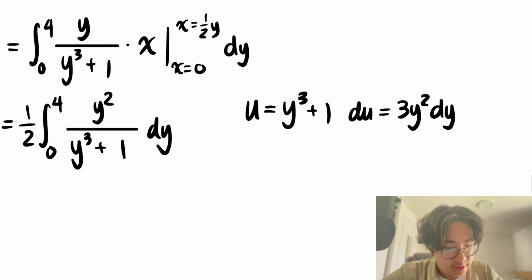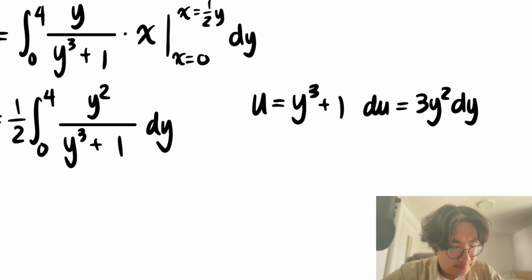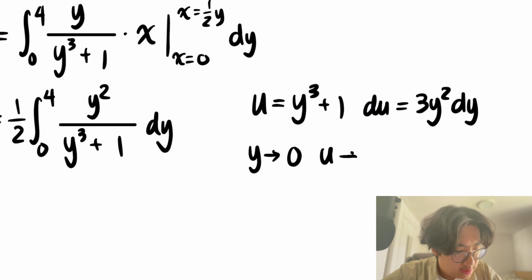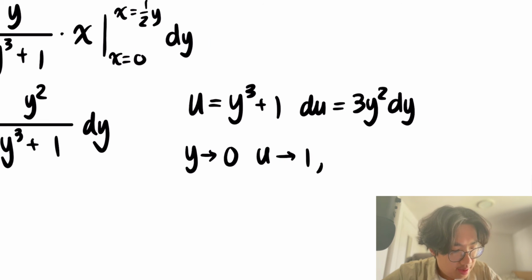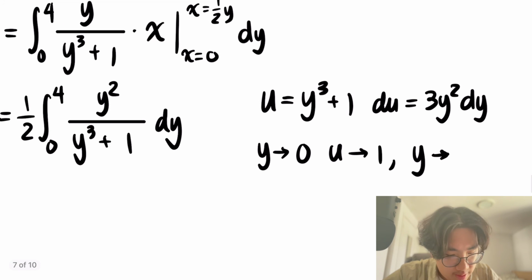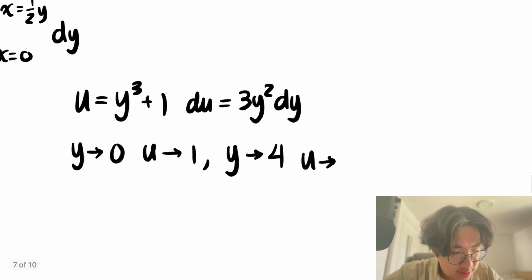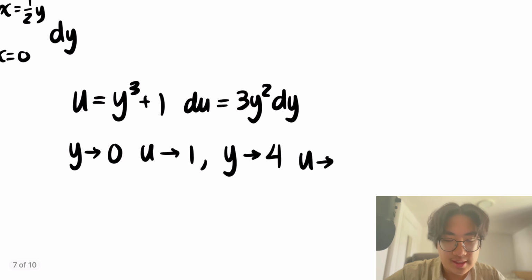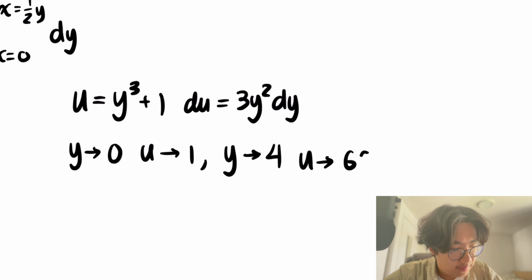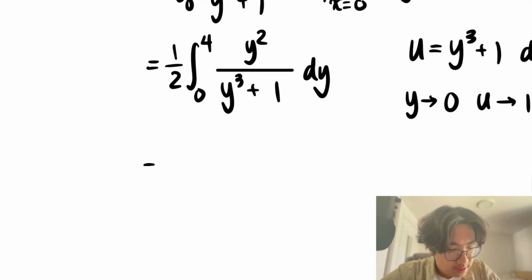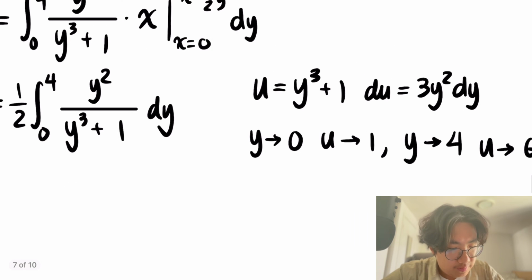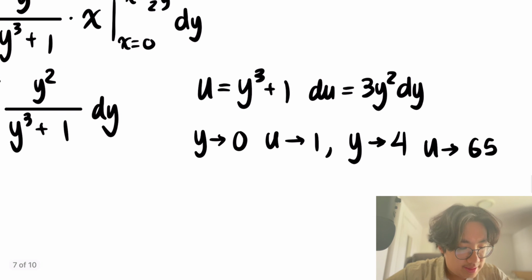And then here we also do need to consider what happens to our limits. So as y approaches 0, we can see what u approaches. So u approaches 1. And then as y approaches 4, we have that u then approaches 4 cubed, 4 times 4 is 16, so 64 plus 1, so 65. And then we can write this down. So here, notice that we have the y squared dy, but we're missing this 3. You can either divide this over,